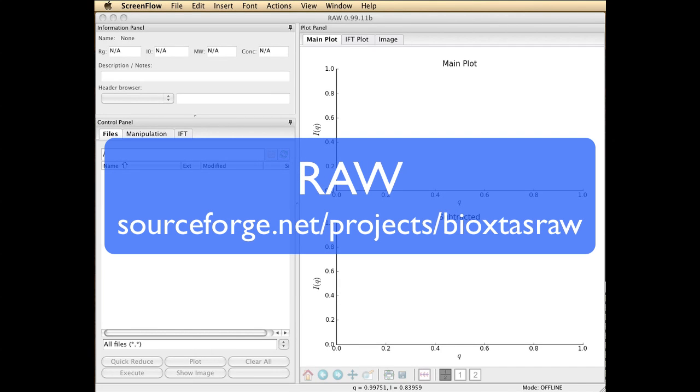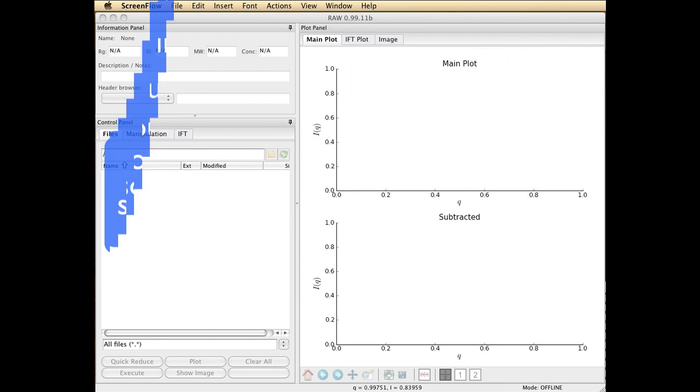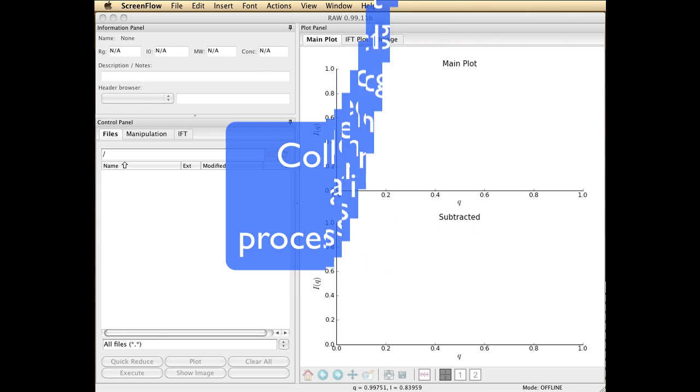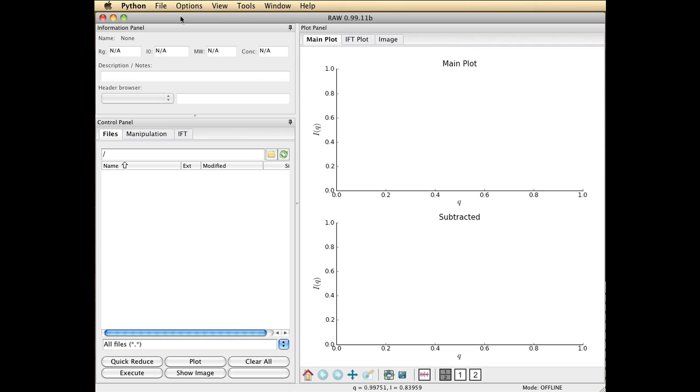Welcome back to RAW. RAW is the open source software tool for manipulating X-ray small angle scattering data. In this second demonstration, I'd like to show you all of the important tasks you need to know when visiting a synchrotron. So the first thing you want to do is look at the Python toolbar